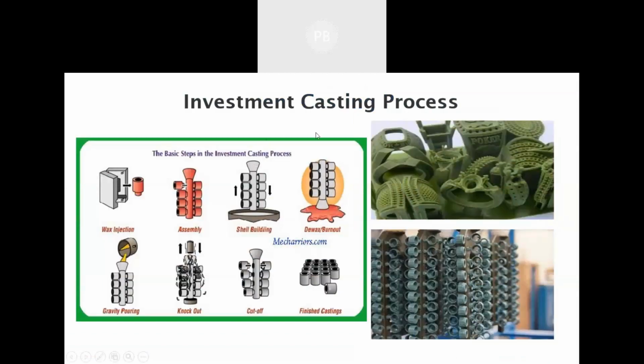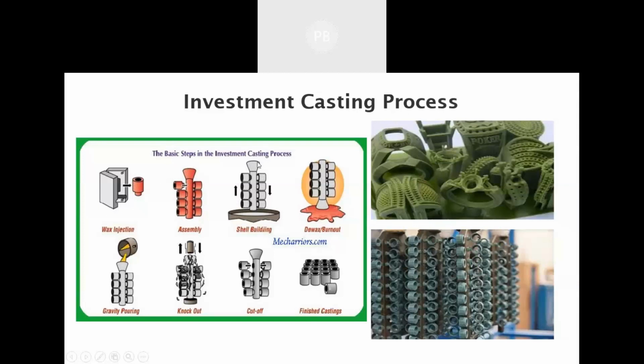So this is the process one of the students was discussing, the wax thing. How does it work? The investment casting process. Investment casting is a process where we use wax injection. With a 3D printer, for example, we make this kind of wax part, which is the master. Then we develop a tree, where you put all these assembly parts. This is now a complete wax tree. These parts are printed with wax. This has been printed with an assembly drawing like this.